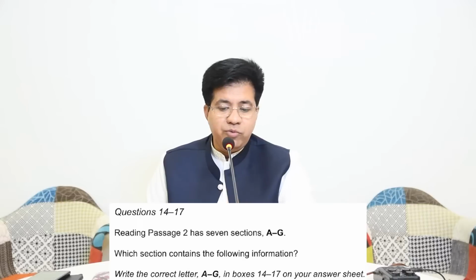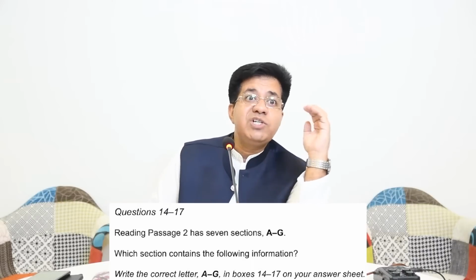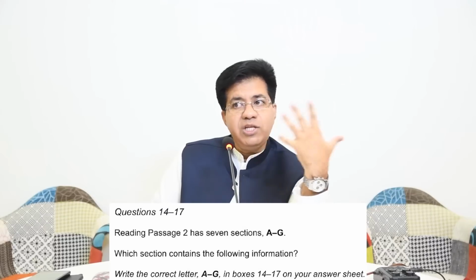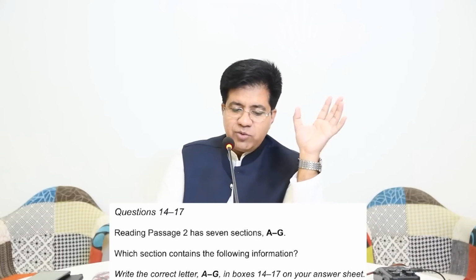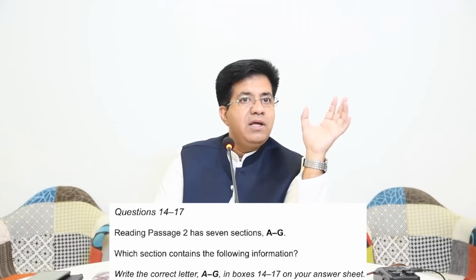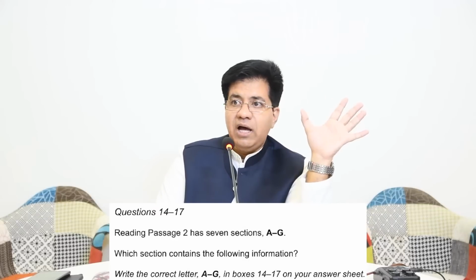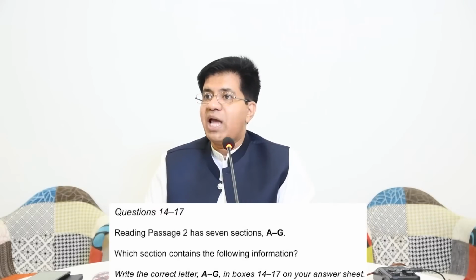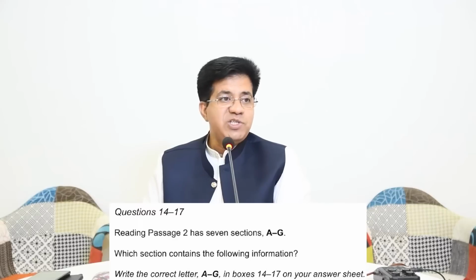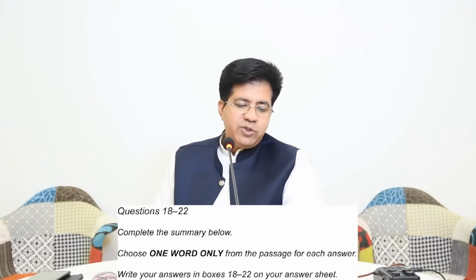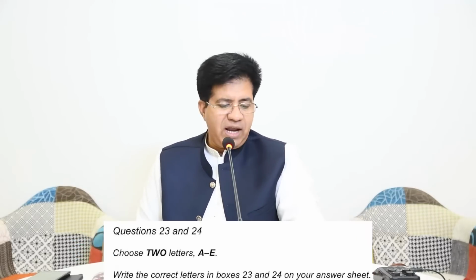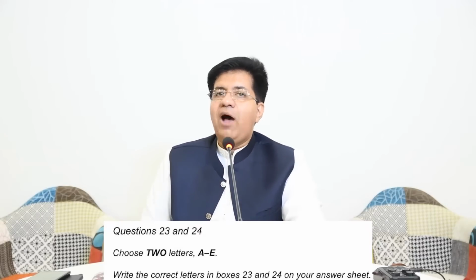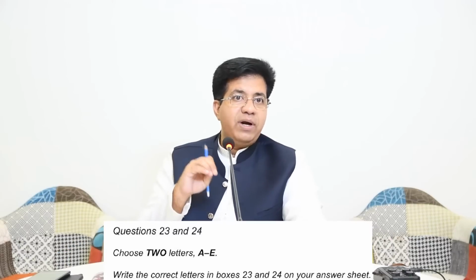So never do the passage in the order questions are given. Always try to attempt type A questions first, and then you do type B. Now the students who are going to start with 14, 15, 16, 17, their mind is going to be exhausted after 5 to 10 minutes. And then they will have no time for this innocent question type, one word only. That is questions 18 to 22. And then 23 and 24, what are they? Double multiple choice questions.